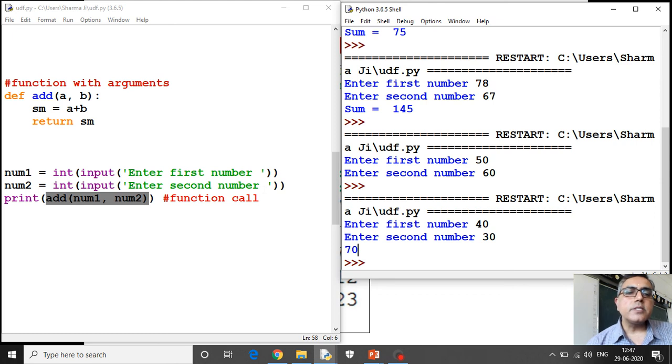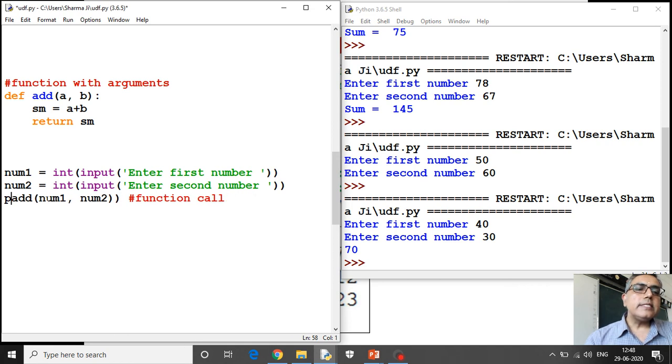Now suppose many a time you want the value to be processed in some other expressions. Suppose the value which this add is returning, I need in further calculations. So what I'll do, I will save that value in this variable val, and then suppose I have some other expression, re is equal to val into 2. So the value which was returned by the function is saved in variable val, and then it is processed.